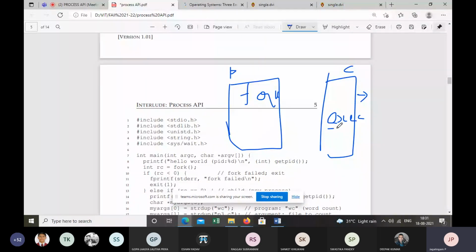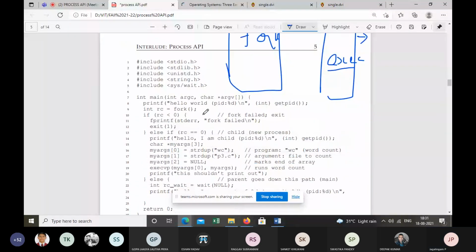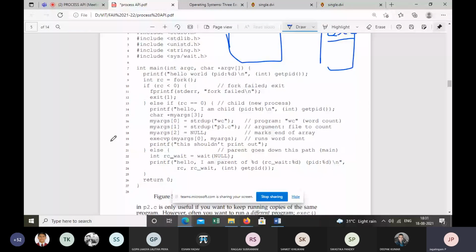In line 19, we have used the exec system call, and by calling this, the child process will execute the word count program. In line 22, the parent invokes the wait system call and waits for the child to complete.